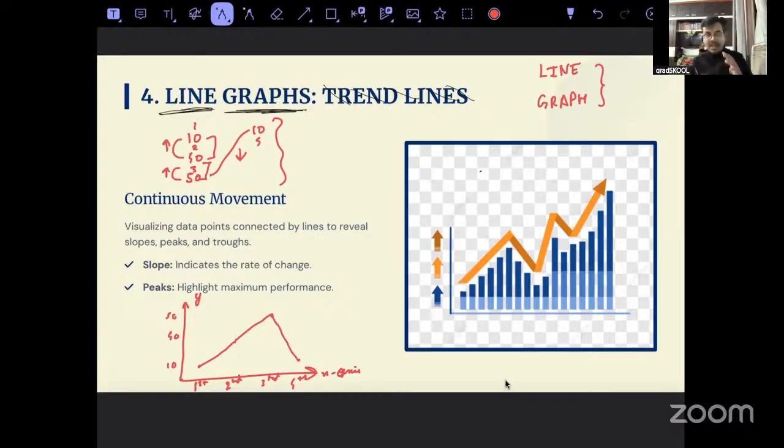Now what are the things you should look into while making a line graph? One is slope. What is a slope? Slope is basically, you can say, like climbing a mountain. You have some slopes, up slope, down slope. You must be driving, and someone might have said that the slope is too high, you can't drive that easily, or the slope is too steep. Similar concept is there of slope in line graphs as well.